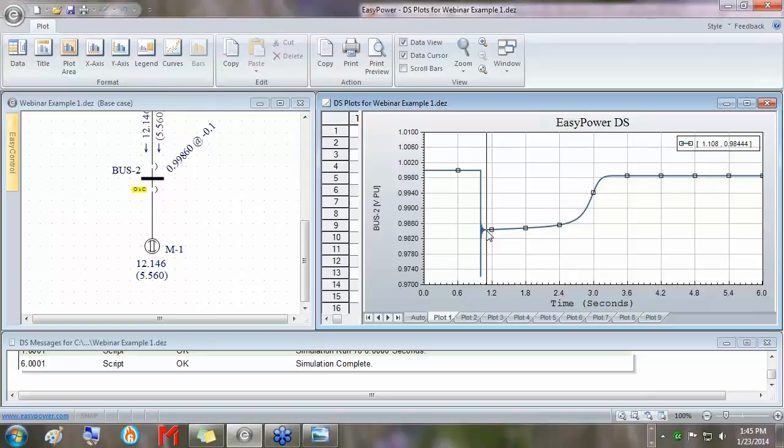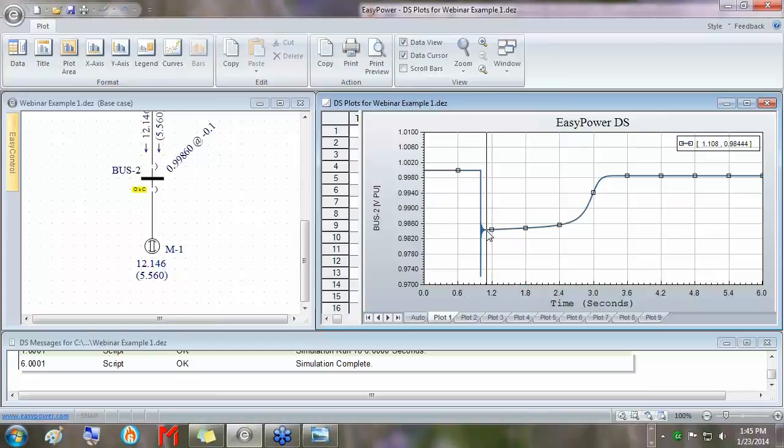Infrequently for motor starts do people really concern themselves with the whole rest of the system. What is everything else doing? How are all the other pieces of equipment? It's when you get to the really large motors that that becomes a concern and people start taking notice. They want to know, hey, am I going to trip when I start that motor? How low is the voltage going to go? If it goes too low, I might drop out some other contactors on some other motors, and I definitely don't